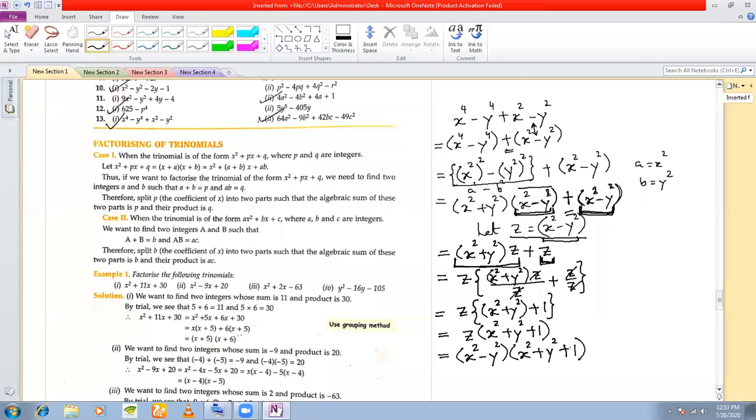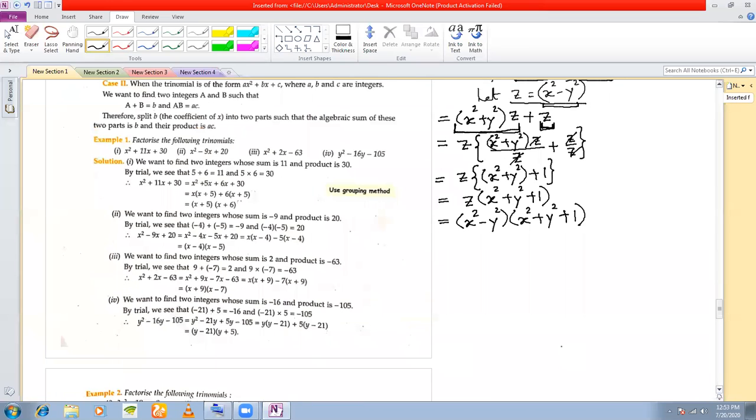Okay, this has been broken up into two factors, but something can be done further also. What can be done further? You see that x square can be written as the square of x, y square can be written as the square of y, and this term will be written as it is. So this time what is this? This is a square term and this is your b square term. So what is a here? A here is x, b here is y.